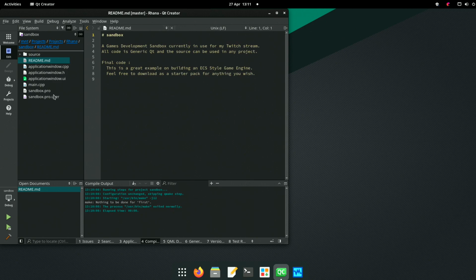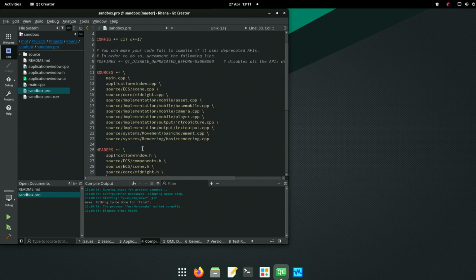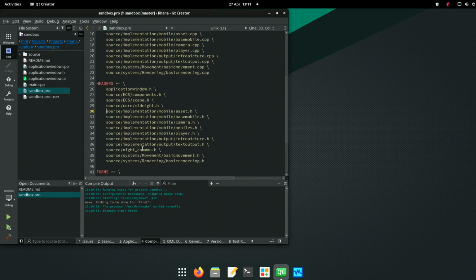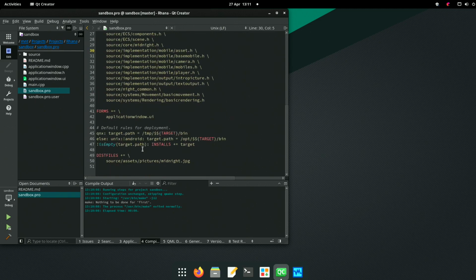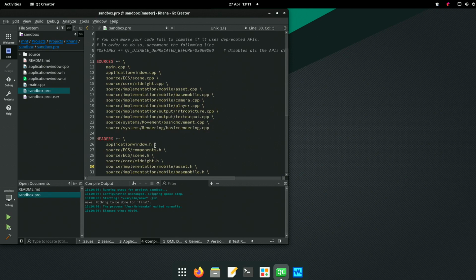Right, first problem is our profile. That part isn't a problem. What about the... No, that's not a problem. That's not a problem. So how does this work?